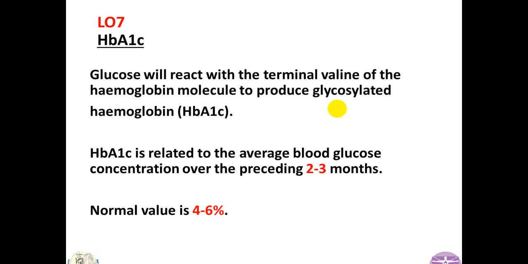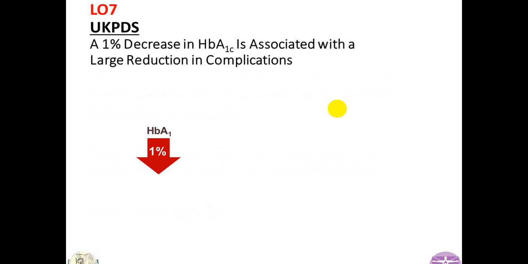It will give us an idea about the average of blood glucose over the past 2 to 3 months. A normal value of hemoglobin A1C is 4 to 6%. And usually we send people with type 2 diabetes for hemoglobin A1C and check it every 3 months. If it is above 10, of course this is very high. And I would like to talk to you about a very important study called the UKPDS. You will hear about it